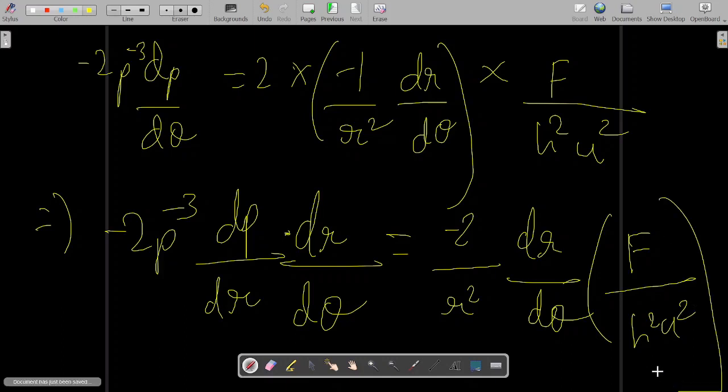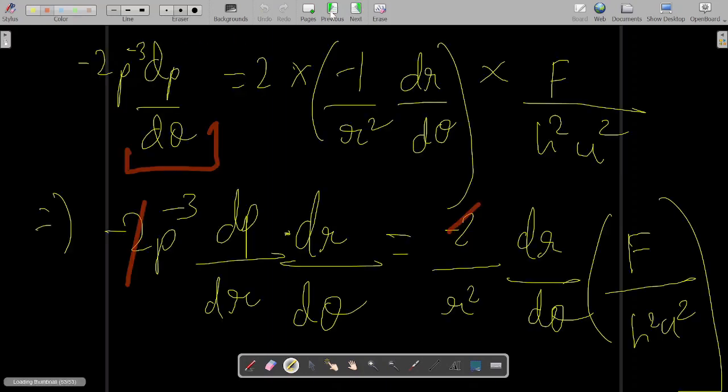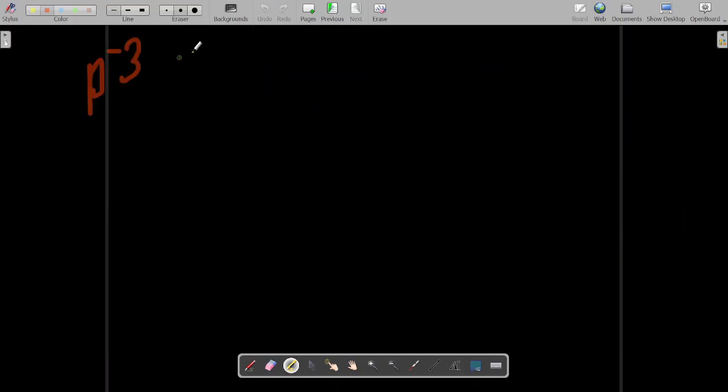Now this is the thing which you got. You just applied chain rule over here. So what happened? This minus 2 and minus 2 cancelled out. So finally what did you get? From here you get p to the power minus 3 dp by dr